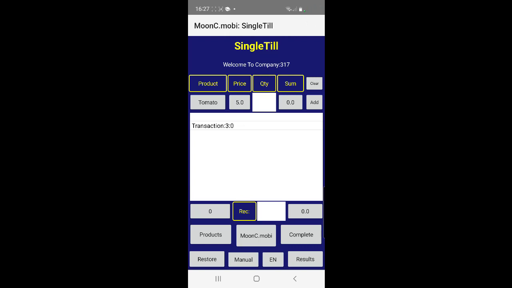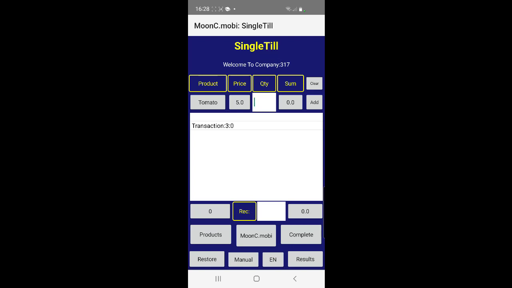Each page has some extra buttons at the bottom. One is the one that is displayed EN, and by pressing that, you can scroll through the different languages available. And if you press it long enough, you will get back to your original language, which in this case was EN.